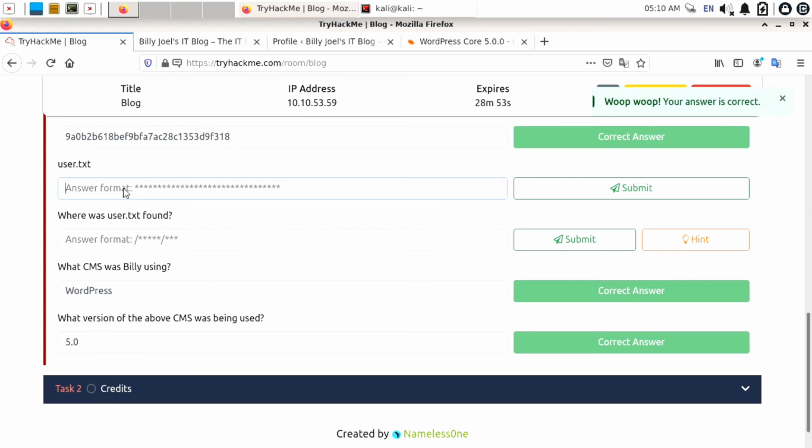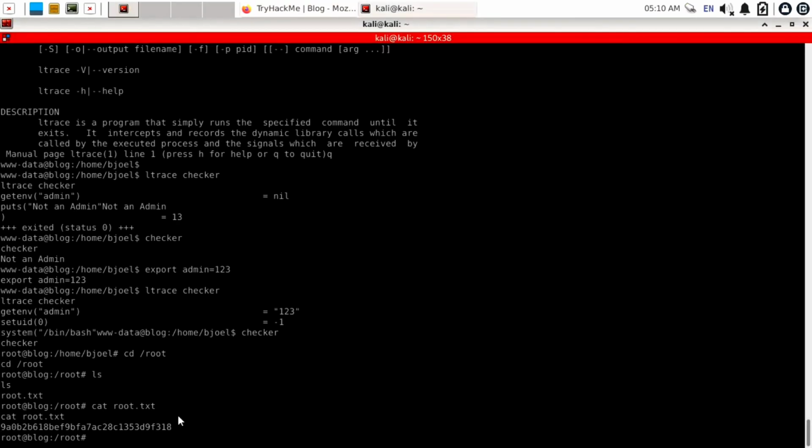Now we need to find the user.txt file. We tried to find it in the /home folder, but it was incorrect. So instead, we will use the command find to find user.txt on our target system. Here use the command find /. What will slash do? Slash will try to find each and every file and folder in the parent directory. That's why we are using slash here. Now use -type to enter the file type. It's a file, so we use -type f. It's not -f, it's only f.